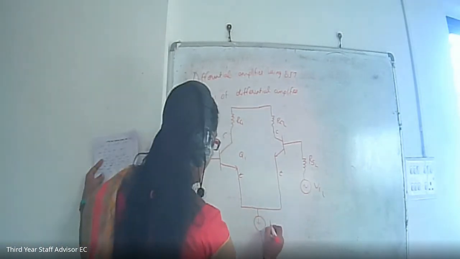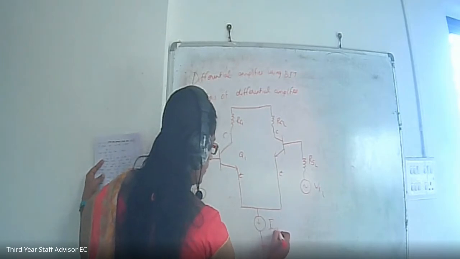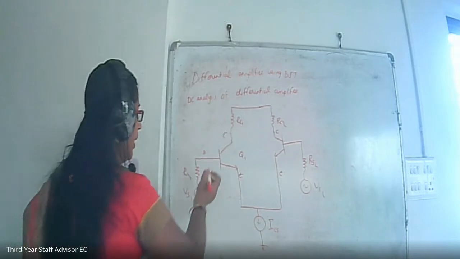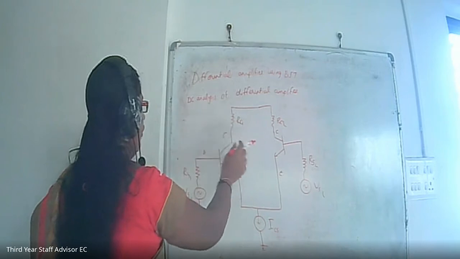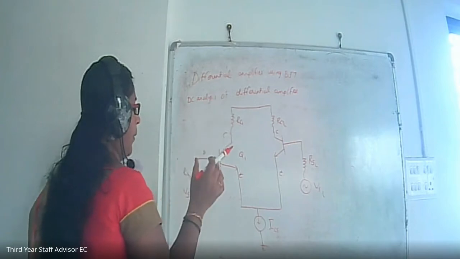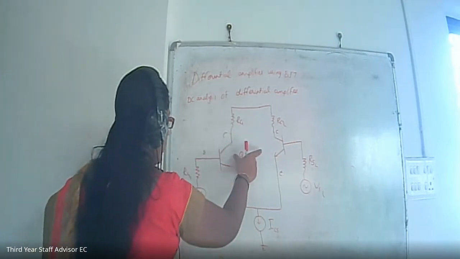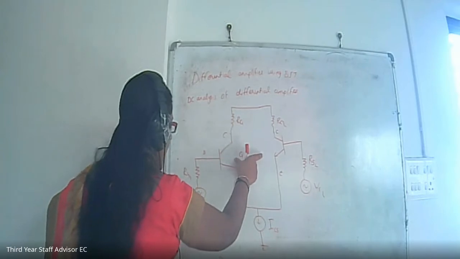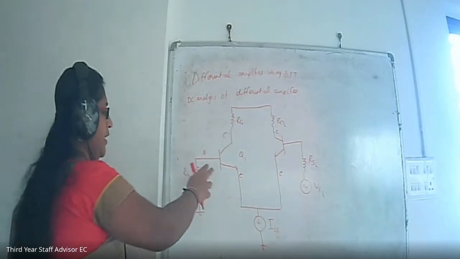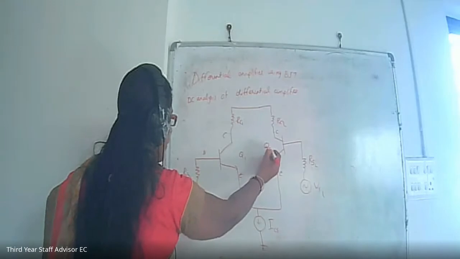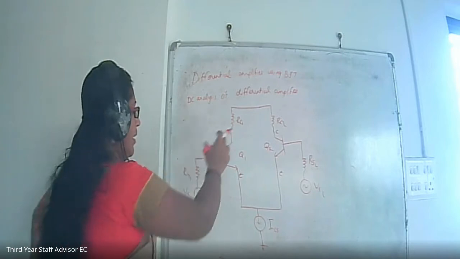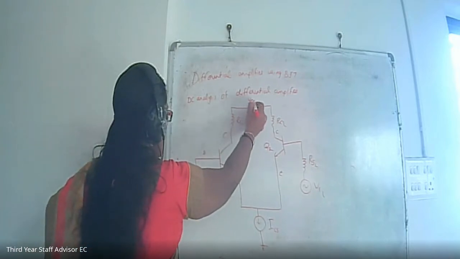This is a constant current source. Okay, constant current source. So basically this is the representation. But for an amplifier to work properly, or to amplify the difference signals properly, we need to consider two transistors which have equal, similar characteristics. So for proper operation, Q1 and Q2 are the two transistors, and their characteristics should be similar, or the two resistor values should be equal.